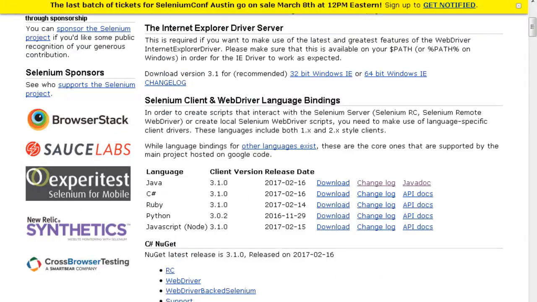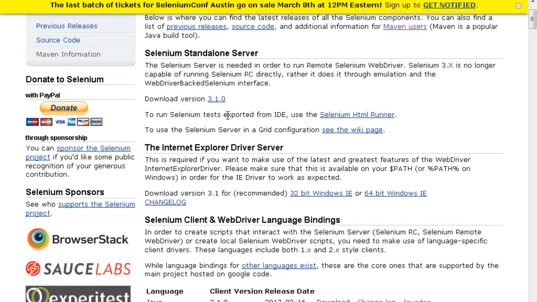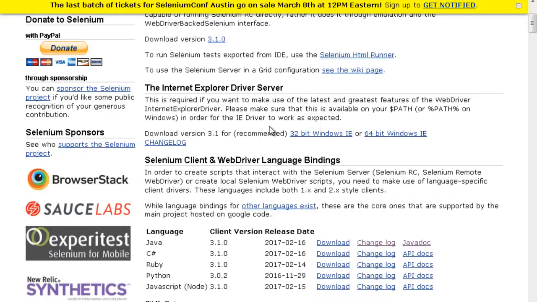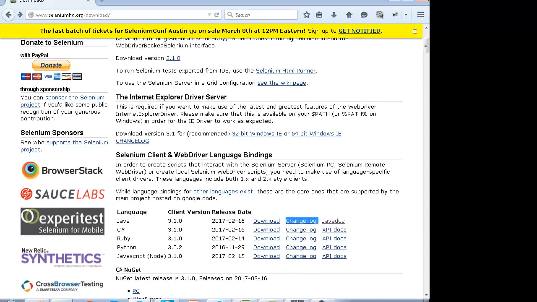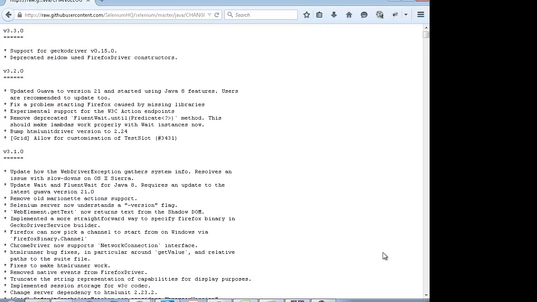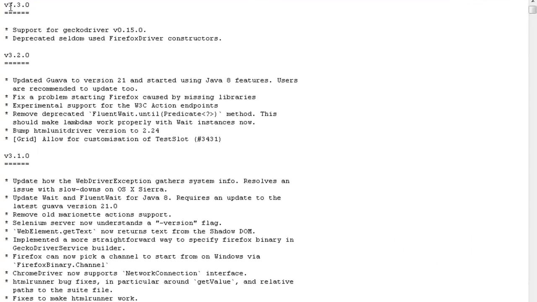Out here on the official website, if you look at this change log, this is the latest version, 3.3.